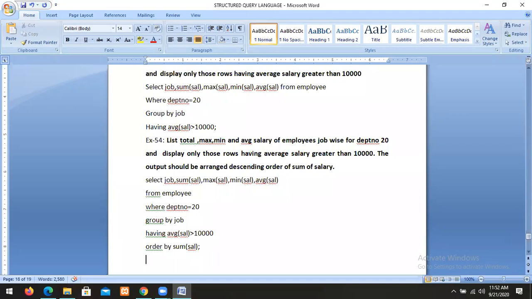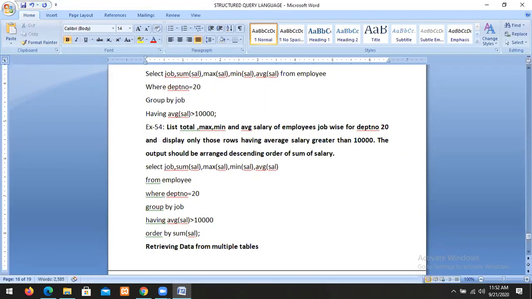Now we discuss how to retrieve the data from multiple tables.